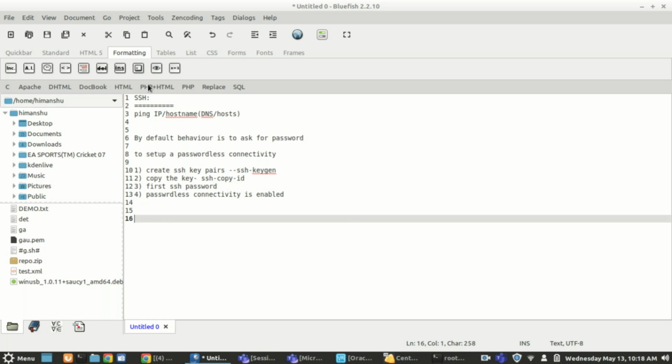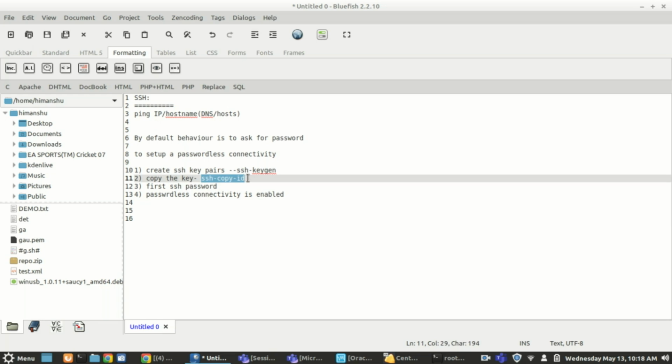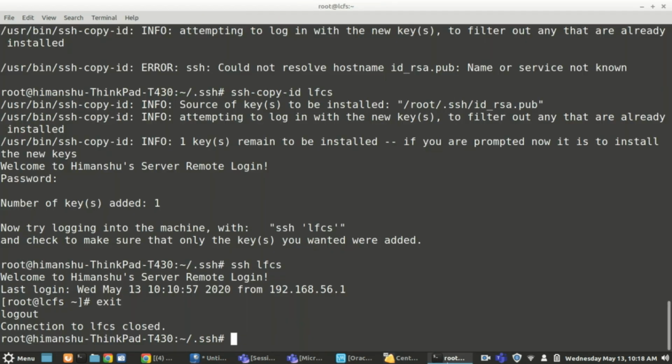Actually, while copying, we are using ssh-copy-id and the host name. In the copy ID, we are not mentioning whether it's a public key or private key. How is it taking only one key over there? Always it will pick up the public key only.